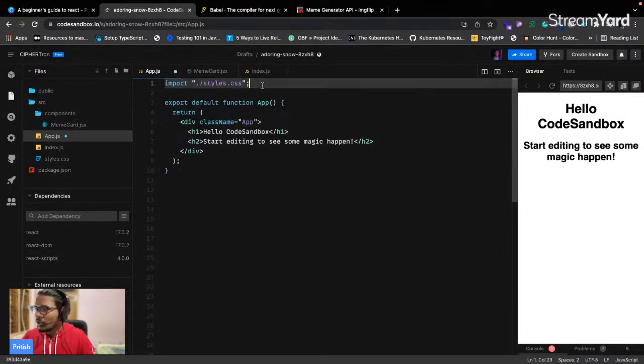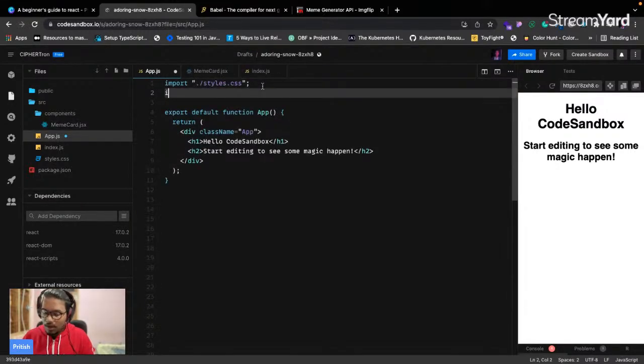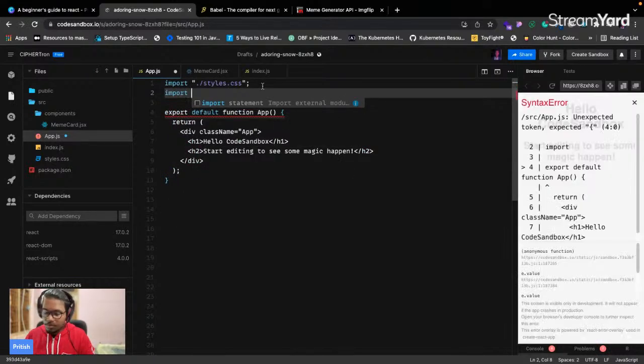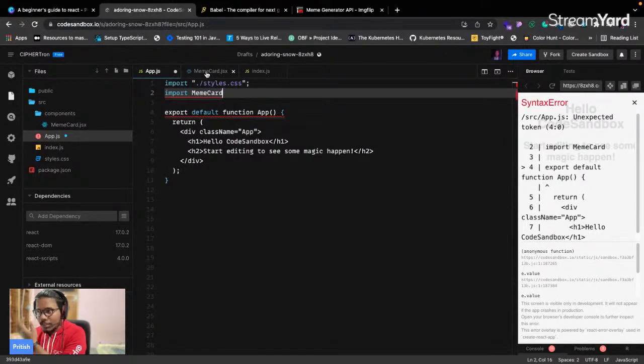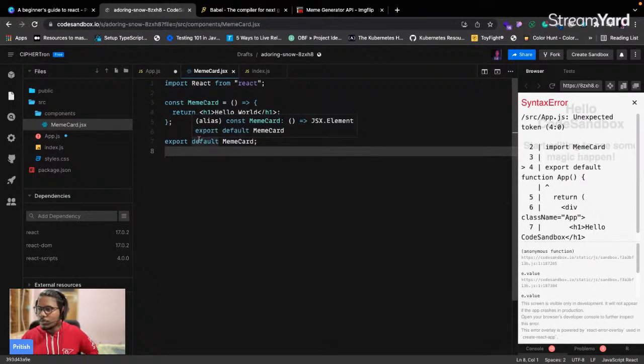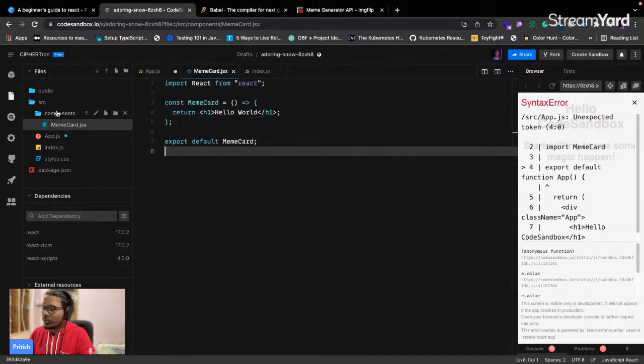In order to use this in app.js, what you have to do is you import that component. There are two types of components, like two types of exports. One is the default export, and the other one can be a named export. That's a slightly different way of exporting elements. Suppose you have multiple components in